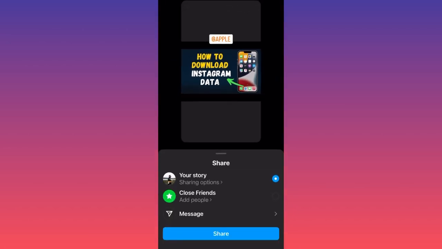You have two options. You can share this as your story. You can send this to close friends, which is this option over here, and then you can send this through messages. Simple and easy. And this is how you guys publish multiple pictures on your Instagram story with one simple